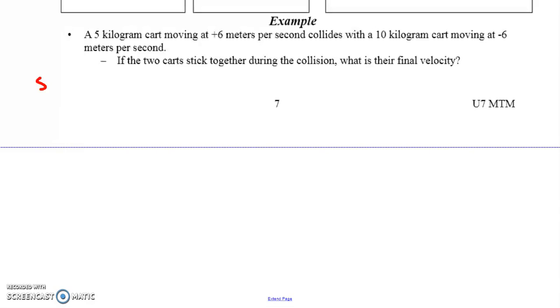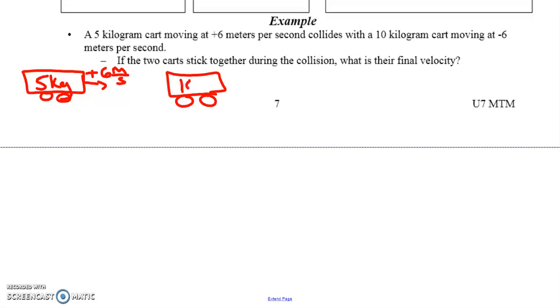So we have a 5 kilogram cart moving at positive 6 meters per second. And we have a 10 kilogram cart moving in the opposite direction at minus 6 meters per second. If I write out my conservation of momentum equation, m1 v1 plus m2 v2 equals m1 v1 prime plus m2 v2 prime,